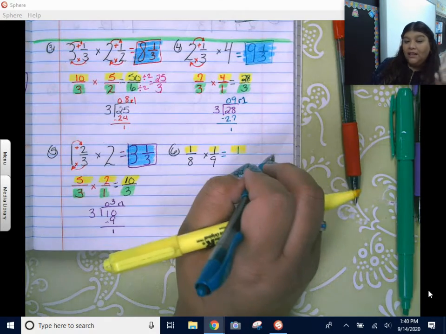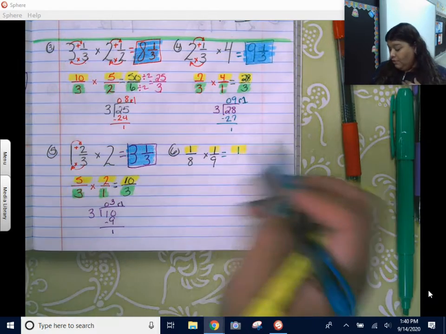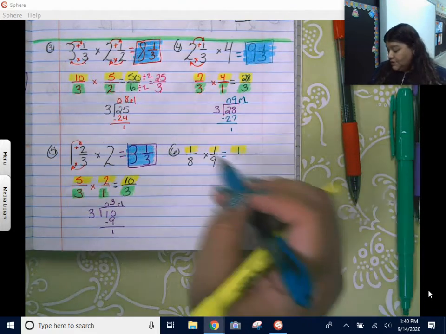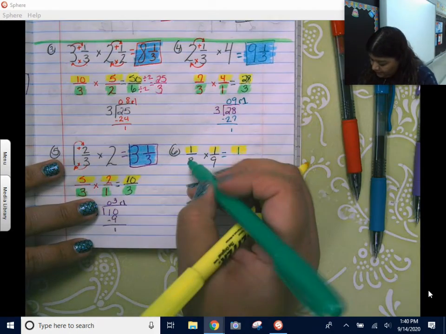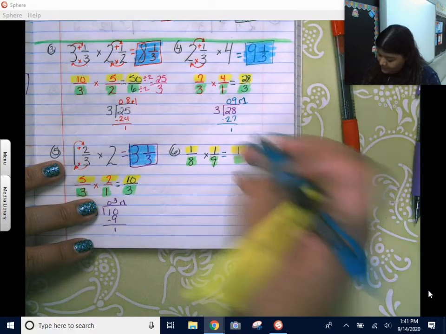Believe it or not, a lot of students, when we go too fast, we put a 2 right there. I've done it before, where I say 1 times 1 and I put 2. Okay, our brain is just working too fast. So just slow it down. 1 times 1 is 1. Okay, and then denominator times denominator. So 8 times 9,